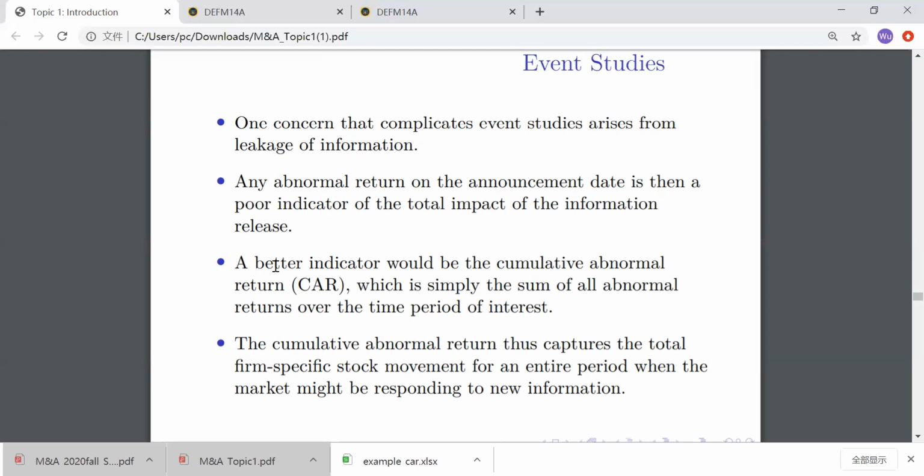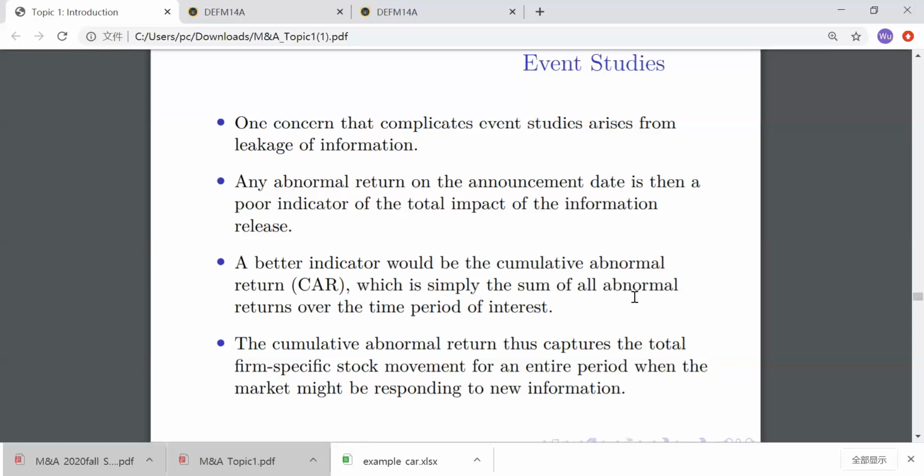So that's why a better indicator here could be a cumulative abnormal return, right? It could be like in the -1 to +1 window. So 1 day before till 1 day after the merger announcement to mitigate this leakage problem right before the merger announcement, right? If you're worried about leakage in more days before the announcement, like 5 days, 10 days, you can also calculate the 10-day cumulative abnormal return, right? Which starts from 10 days before the merger to 10 days after the merger, right? We calculate this cumulative abnormal return.